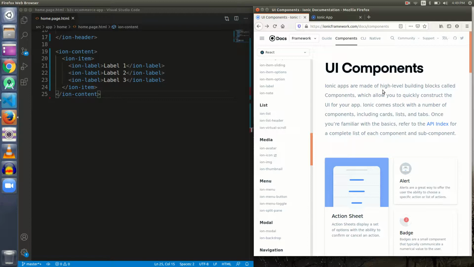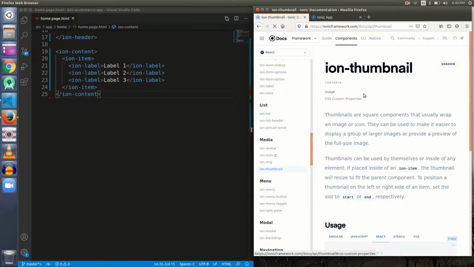In this video we are going to take a look at those Ionic components that are used to display an image onto the screen. If you can see in this mini list here that says media, we have got some tags: ion-avatar, ion-icon, ion-img and ion-thumbnail. We are going to use ion-thumbnail in our list in the upcoming videos. So let's start with ion-thumbnail.